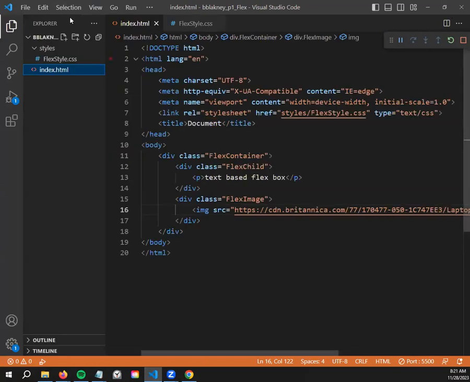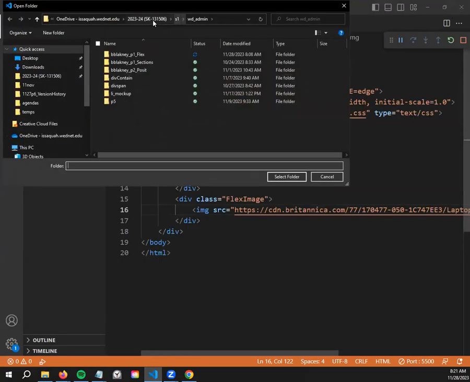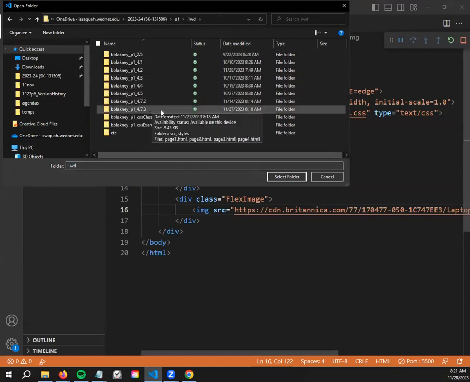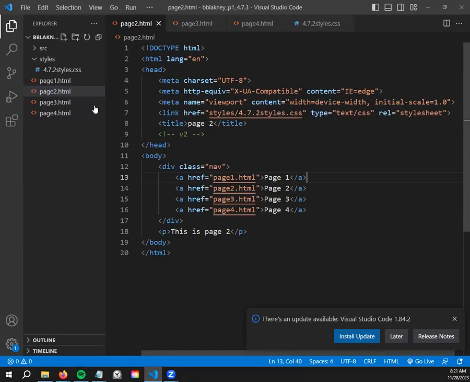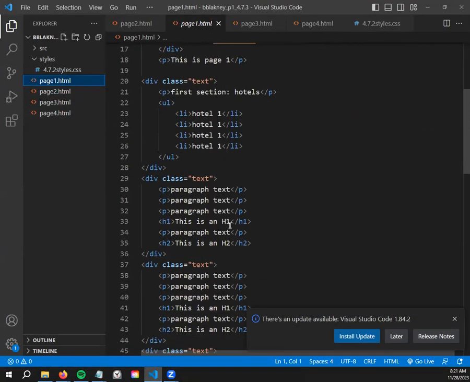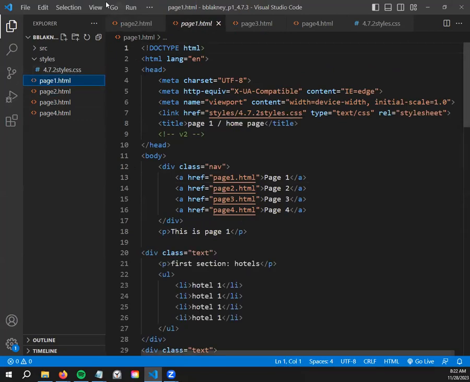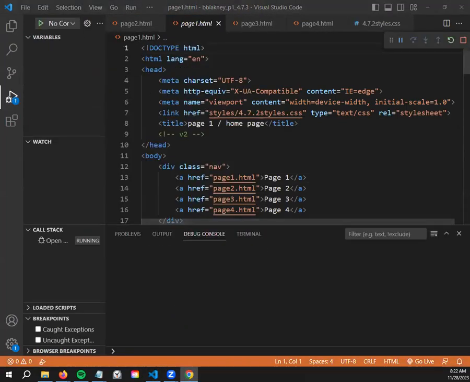So if you wanted to do this, let me save this real quick. If you wanted to do this on an existing page, like your source code from yesterday, for example, I'm going to go in here and open up my 4.7.3. Okay. And I was experimenting a little bit on page 1. Just kidding. That was on a different file. So if I run my current 4.7.3, which is just that copy from yesterday,